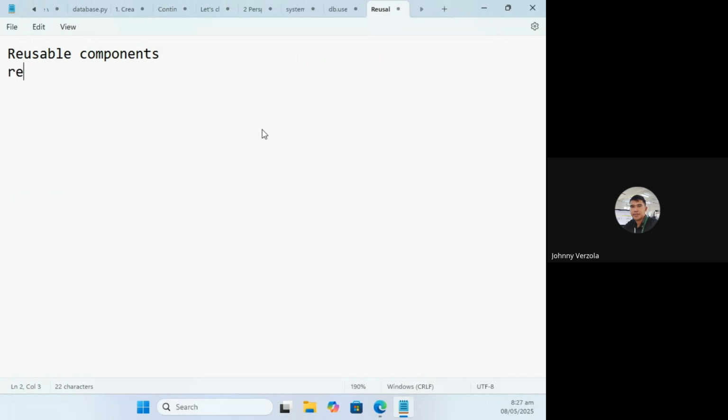We have redundant parts or components that we can just convert into reusable components and inject them to wherever they are needed, rather than redundantly writing the same code in all of the pages of our application where they are required. So this is a more efficient way of doing things.